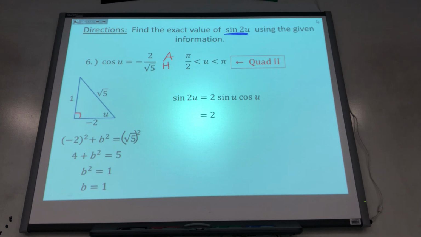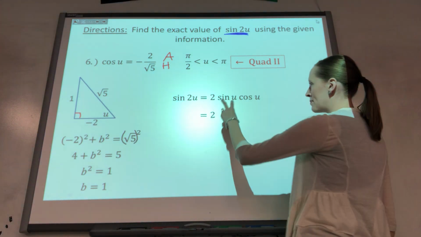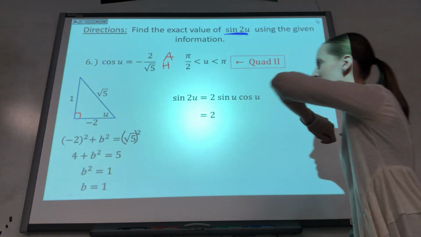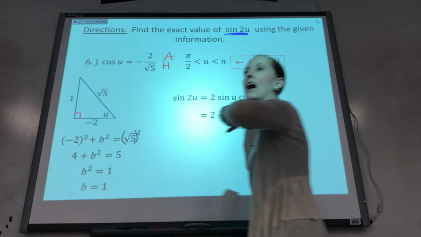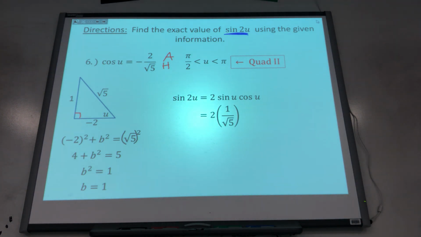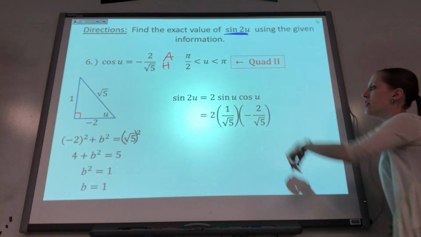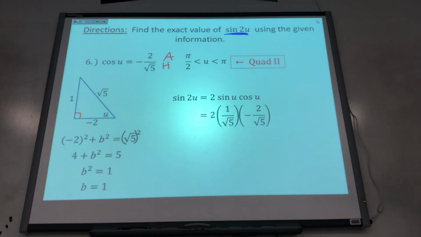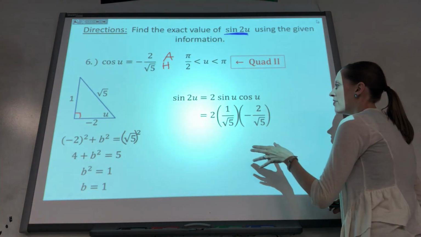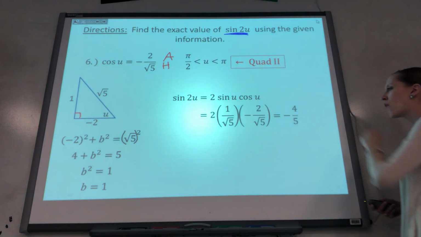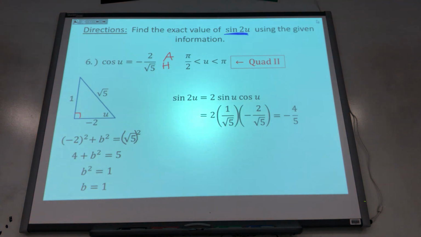Okay, here we go. I got to take 2 times sine of u. Sine is opposite over hypotenuse, and I don't want to rationalize that yet because I think they will rationalize themselves. Cosine of u, you can get it from the triangle, or that was something that they gave you at the beginning. Now, this would turn into -4 over 5. Square root of something times the square root of the same something is just the something.